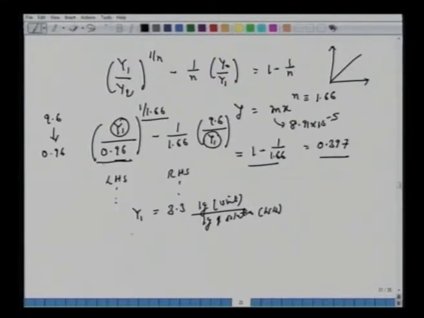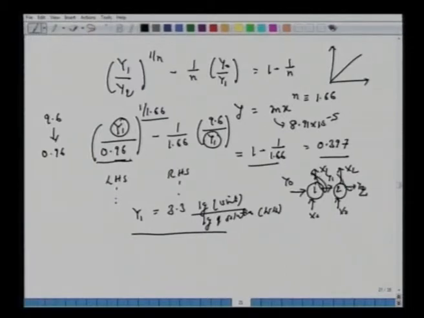So once we have this y1, we can go back and calculate x1. Again, let's very quickly draw the schematic. We have stages 1 and 2, this is x1 and this is y1, this is y2, this is x2, x0 is 0, and here we have y0. So y0 to y1 and y1 to y2. y1 and x1 are in equilibrium, y2 and x2 are in equilibrium. LS is known to us. We want to find GS1 and GS2.